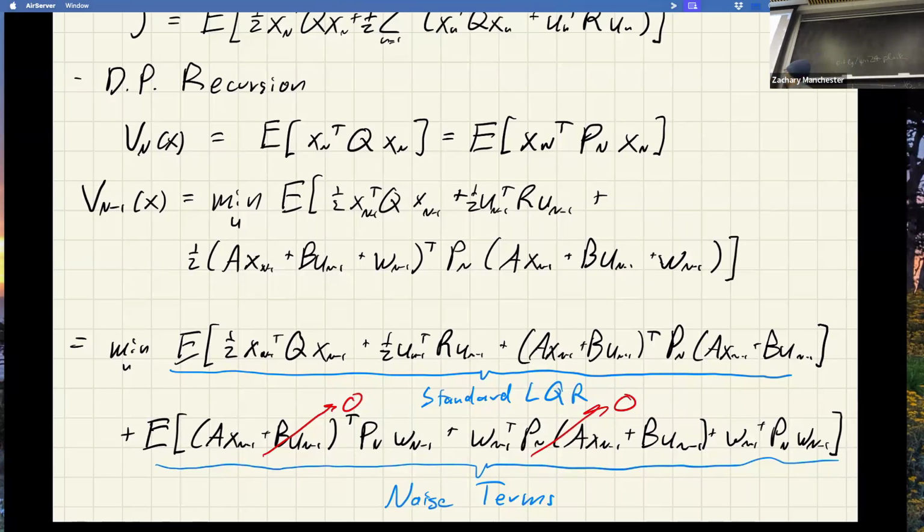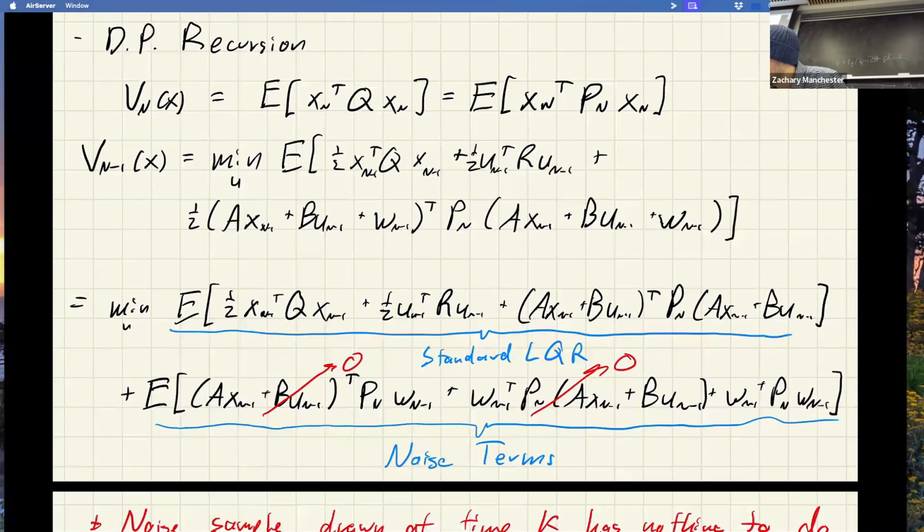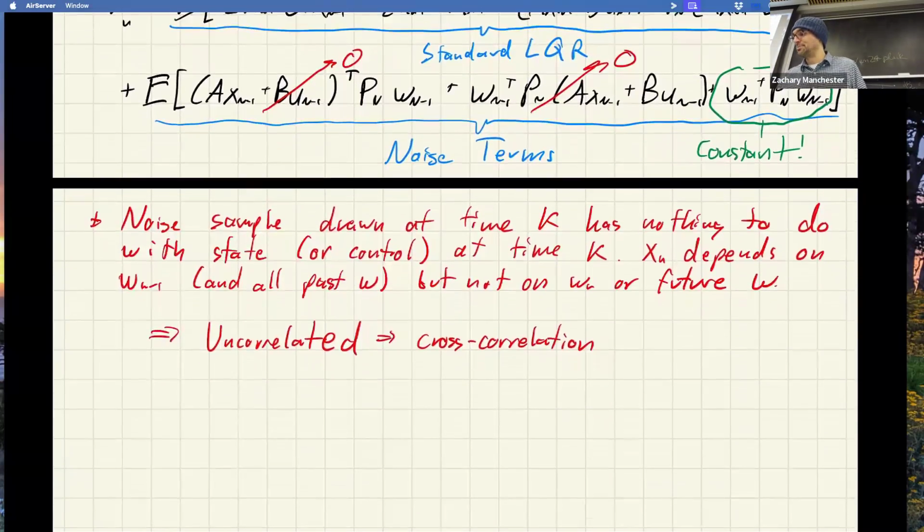And the big thing is this is a constant. It only depends on big W, right? Only depends on the noise. Doesn't depend on the state or anything else. Okay, so that was a little bunch of math tricks, but there's something very deep that came